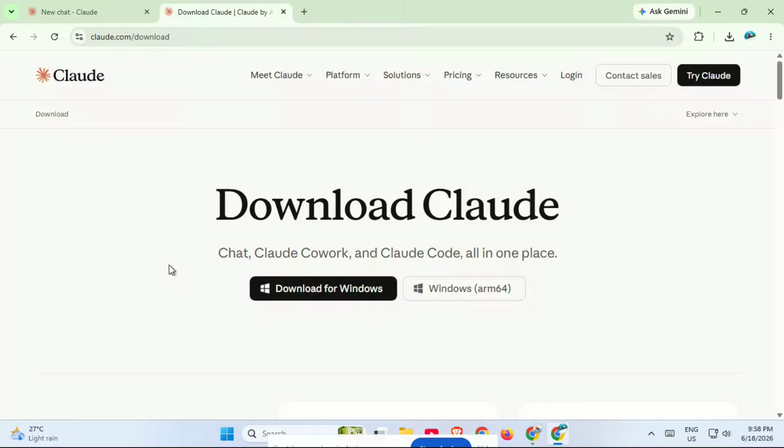In today's video, I'm going to show you exactly how to download Claude for Windows step by step so you can get the desktop app installed and sign in quickly without any confusion. This is a simple process, but if you've never done it before, I'll walk you through every click so you